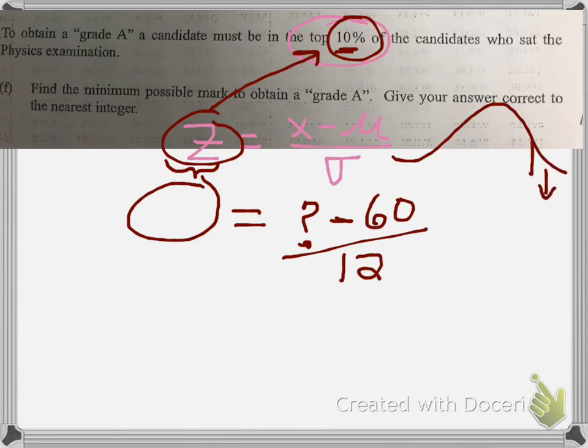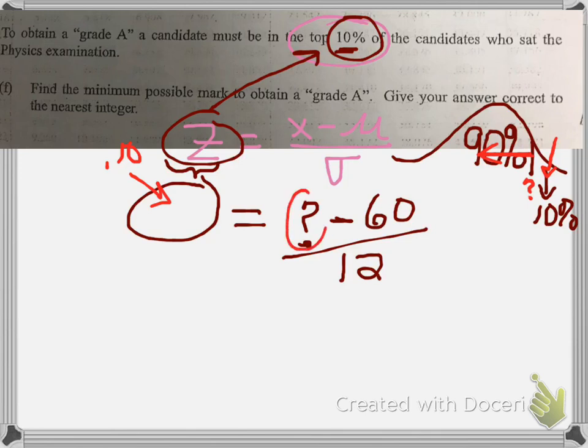We want 10% to go here, which means we have to find the Z-score that will give us 90% here, because remember, the Z-score table only gives you the area to the left of the Z-score. So what's this little Z-score that will give us 90% to the left of it, which will also give us the 10% in the upper tail? The number one mistake I see people make is they would put the 0.1 here, or they would put it here somewhere, okay? So we're going to go to the Z table,